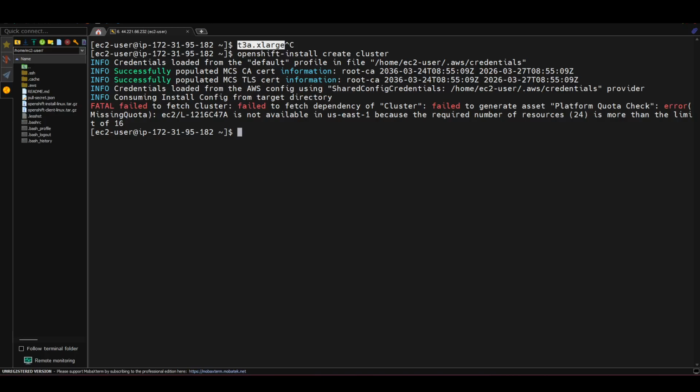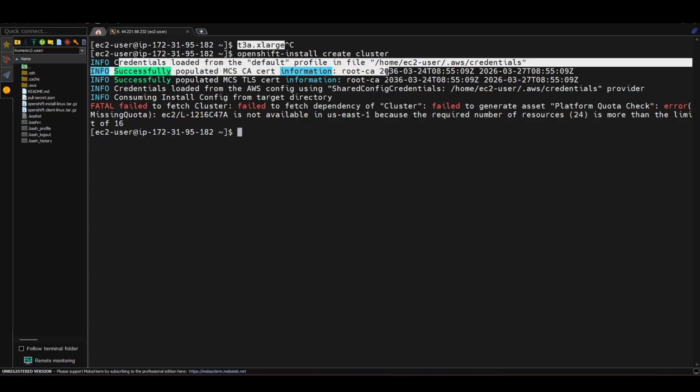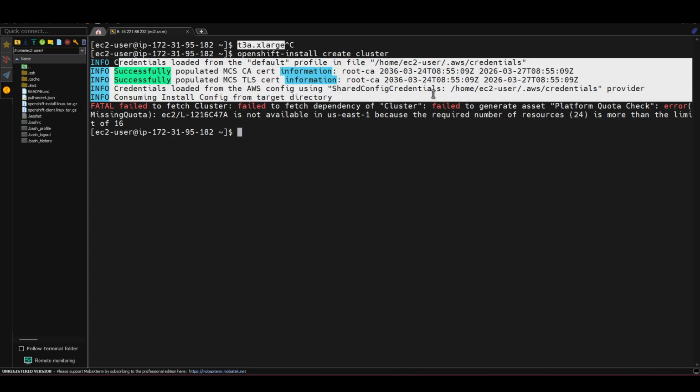All right, guys. So as we are working on the script, I got an exception over here. The credential is all fine. The certificates are all fine. It was able to connect to AWS as well. The only problem it has is the quota. The quota is basically